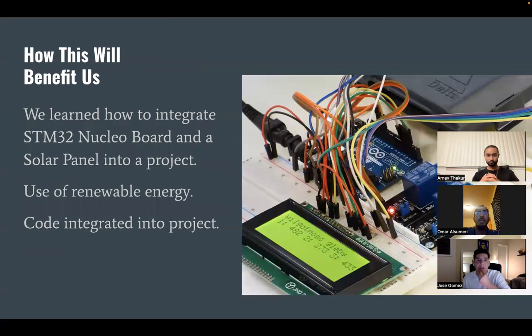Next slide. Speaking about how this project benefited us, we were able to work with microcontrollers and learn how to integrate the STM32 Nucleo board with external hardware, which was the solar panel, and also work with the software of the serial terminals. We worked with external software and external hardware. We used renewable energy with the solar panel. And we also demonstrated our knowledge of using code in our project when we integrated the if-else statement in our STM32CubeIDE